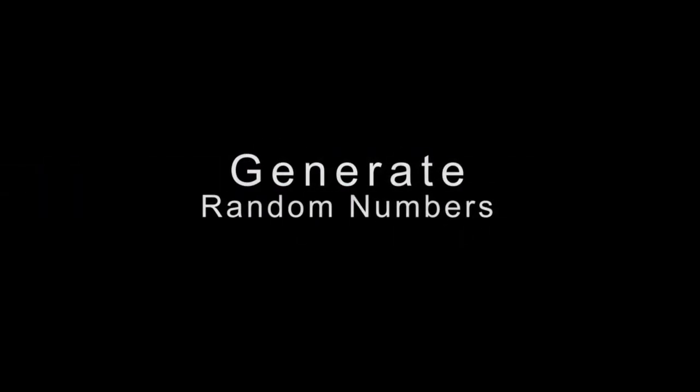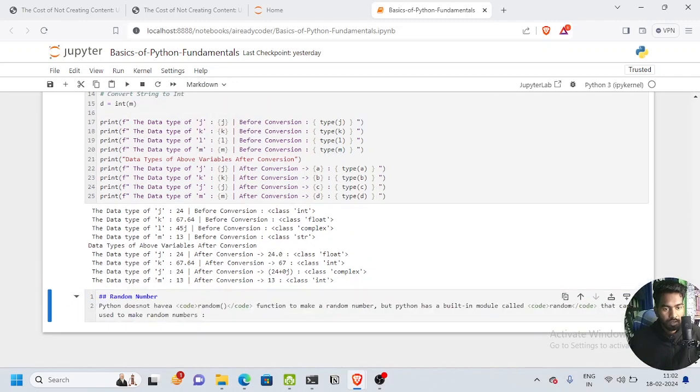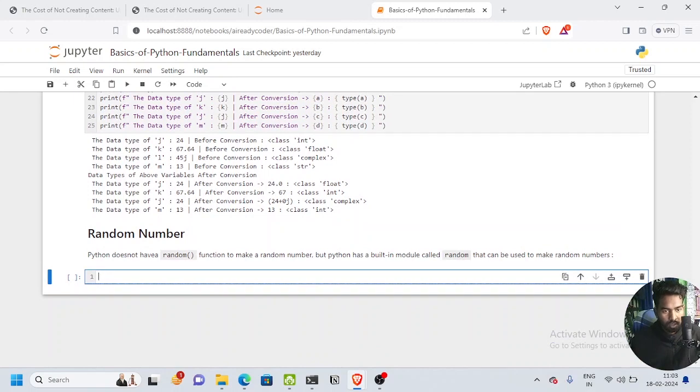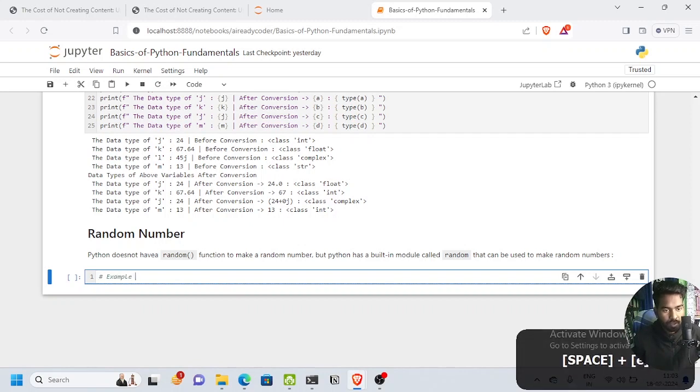Lastly, we will generate some random number using a module called random. So we have to import it. Python doesn't have random functions built in, but Python has a built-in module called random that can be used to make a random number. So we will take a look here. Example, import the random module